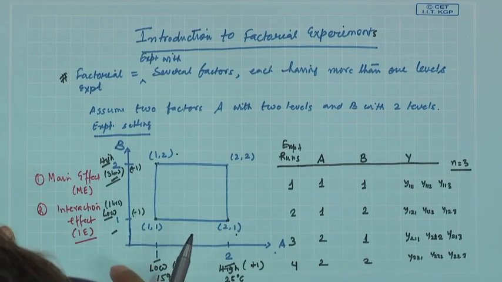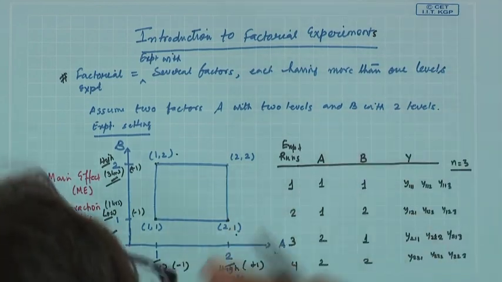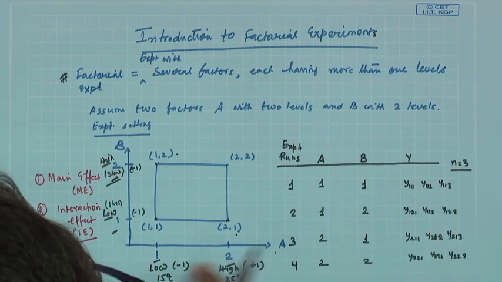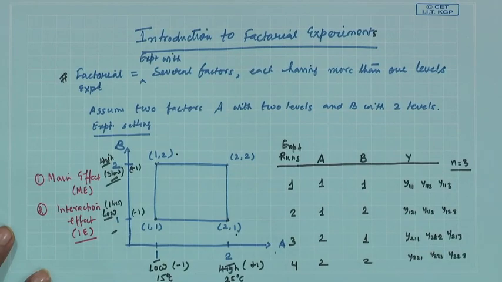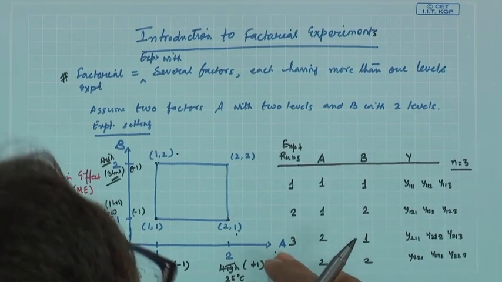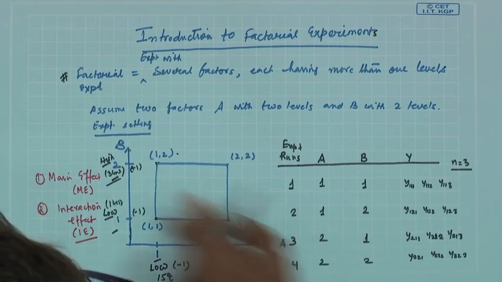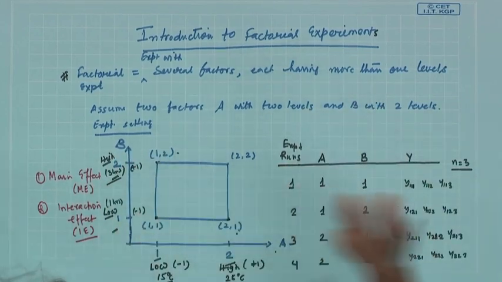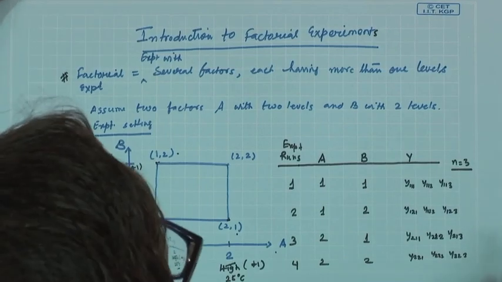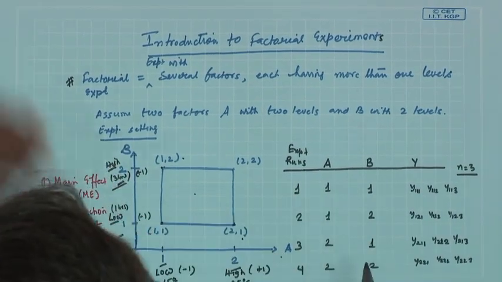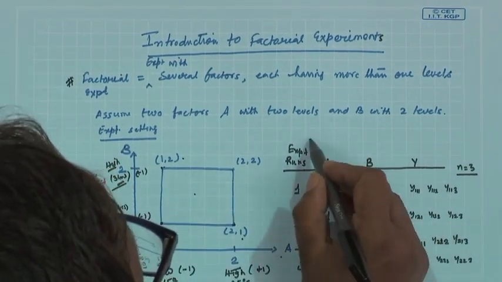There can be 3 factors, there can be 4 factors, and the number of levels of every factor may be more than 2. There is no hard and fast rule that A and B or other factors will have an equal number of levels. Okay. So, if this is the case, then we have